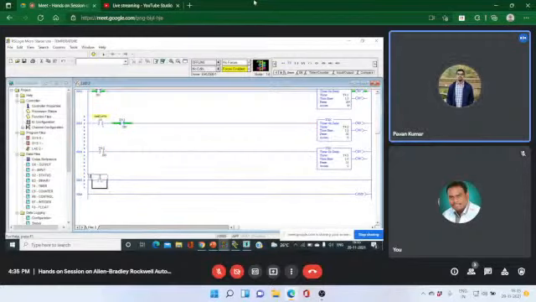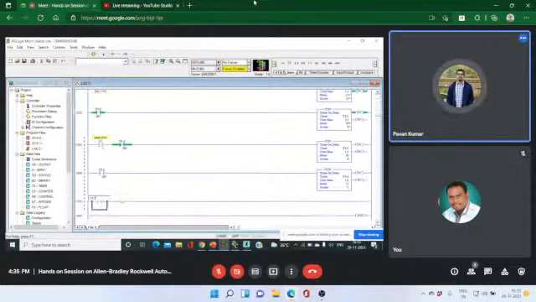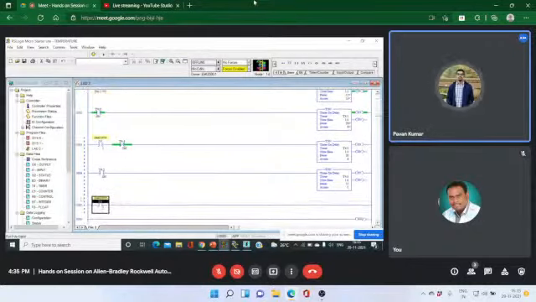Here we can observe that I:0/2. Whenever I give the same address as a previously given input, it automatically takes the previous address. So when I click on enter, it takes case 3, RT is equal to TT. That is, the RTD temperature is equal to the tank temperature. Okay, and here we have to take another timer. Totally we require 6 timers.